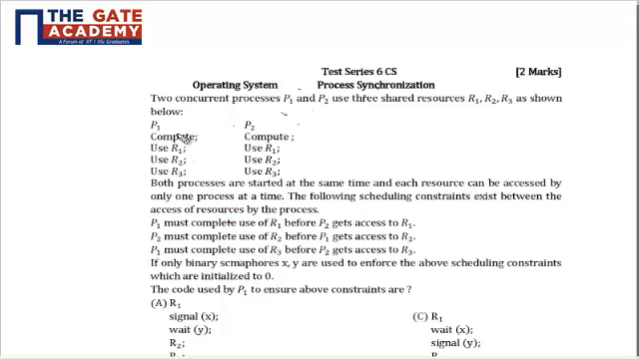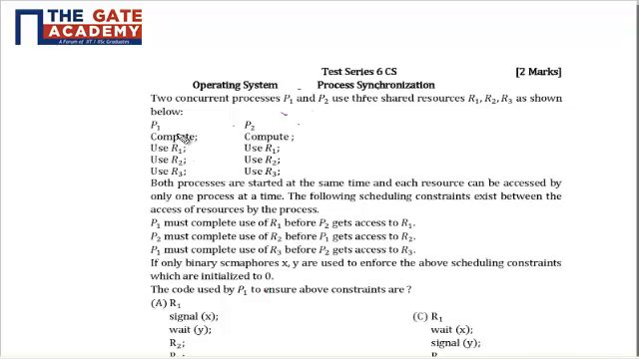P1 must complete use of R1 before P2 gets access to R1. P2 must complete use of R2 before P1 gets access to R2. P1 must complete use of R3 before P2 gets access to R3. If only binary semaphores X and Y are used to enforce the above scheduling constraints, which are initialized to 0,